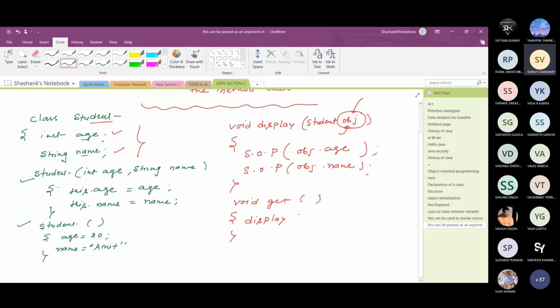So in the display method, if I pass this, it means this is copied into this object reference, and with the help of this you can access age and name like this.